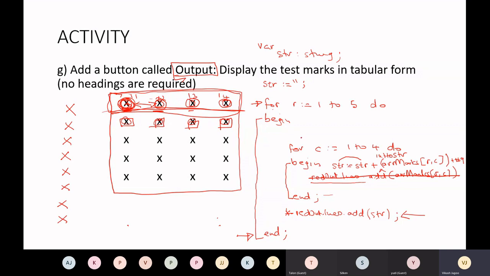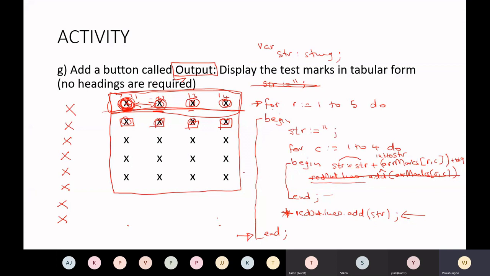So what was happening, it was accumulating row 1 and row 2 at the same time. Because remember, we already printed row 1. So maybe we should not be setting that to null at that point, but now we set str to null